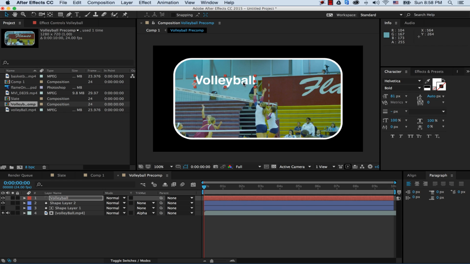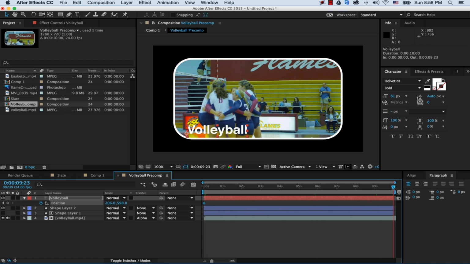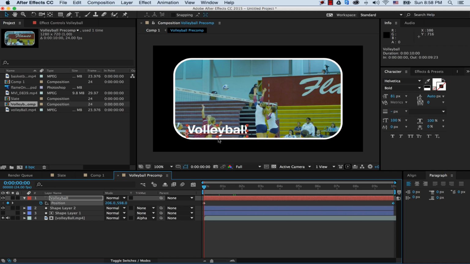I'm going to get my selection tool so I can move this around. I'm going to drag it down here to the bottom, and what we'll do to demonstrate this is animate this text over these 10 seconds to just move across down here at the bottom. So we'll set our first keyframe. Need to get position, hit P on the keyboard for position, click your stopwatch and drag to the other end of the timeline, and then let's scrub this across over here to the other side, and now we've animated the text volleyball,